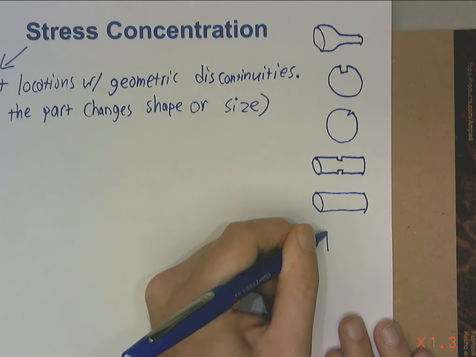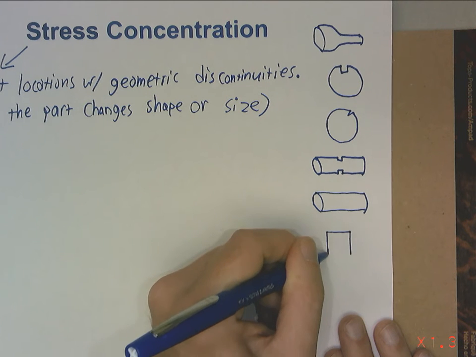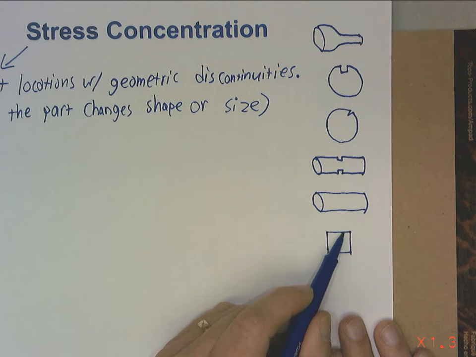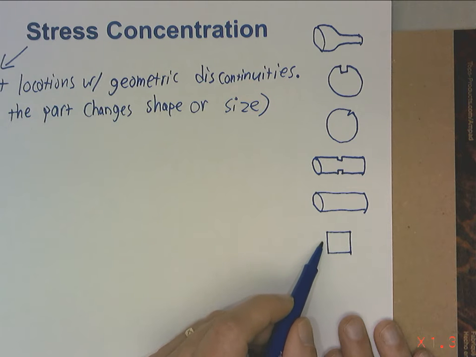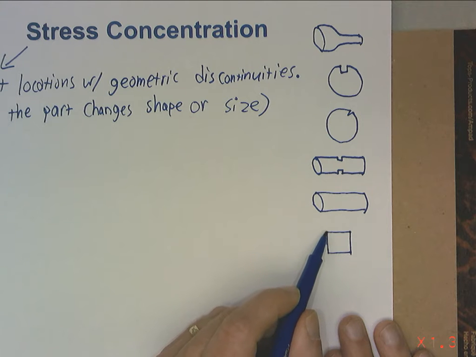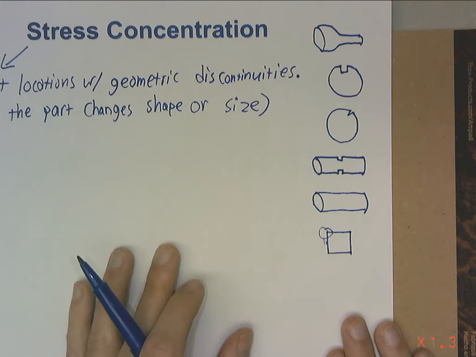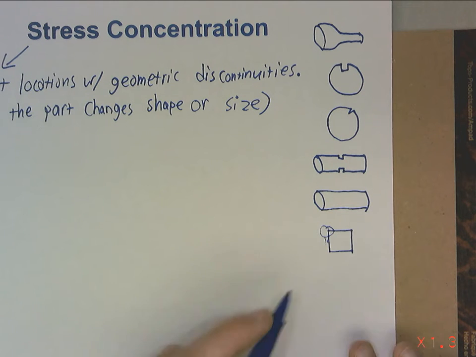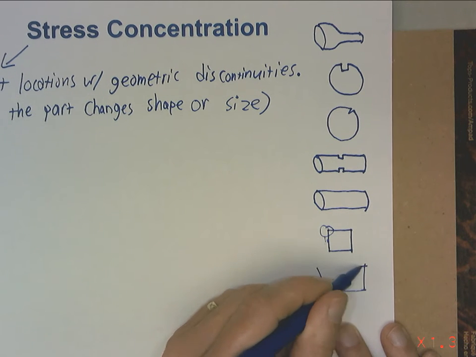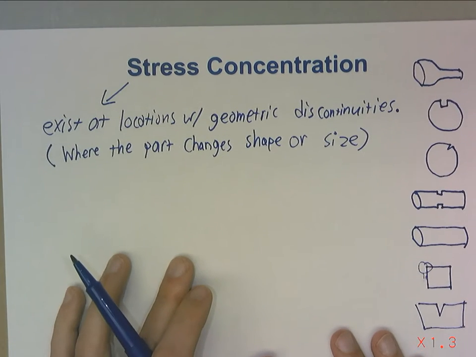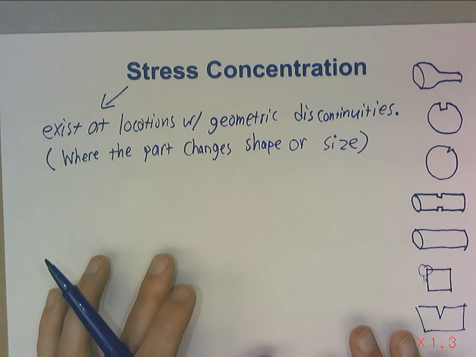It's got a square cross section, and the corner might count because we've got a flat surface this way, a flat surface this way, and suddenly they both end at a corner. That could count. Lots of different examples. For that matter, a piece of paper with a tear that's already in it. So anytime we change our shape or our size,